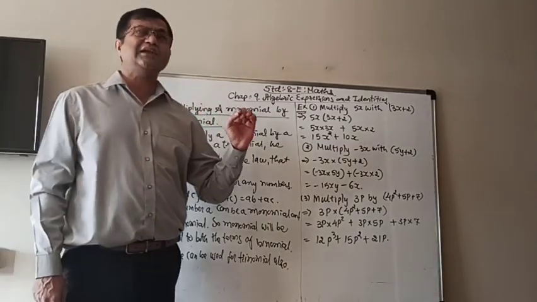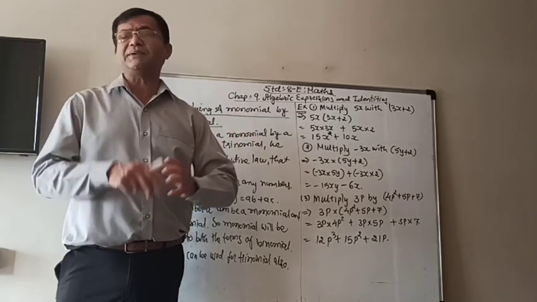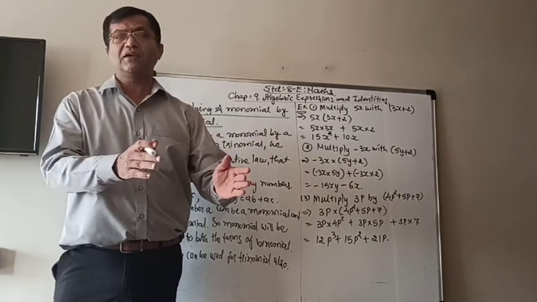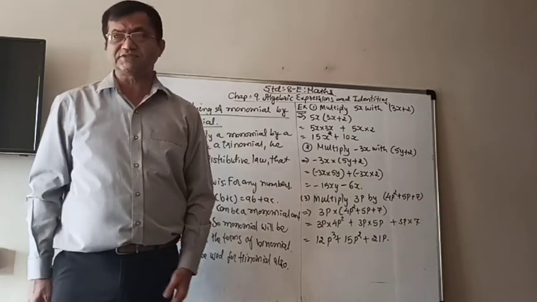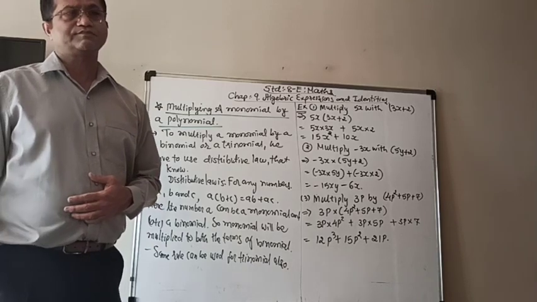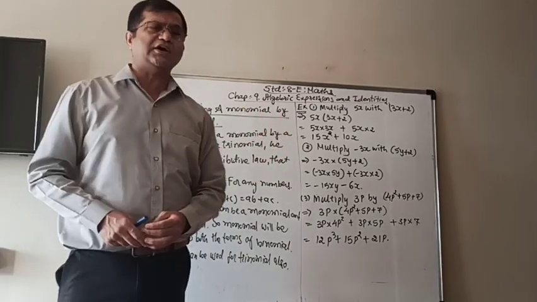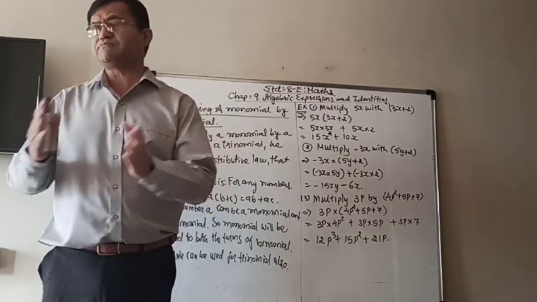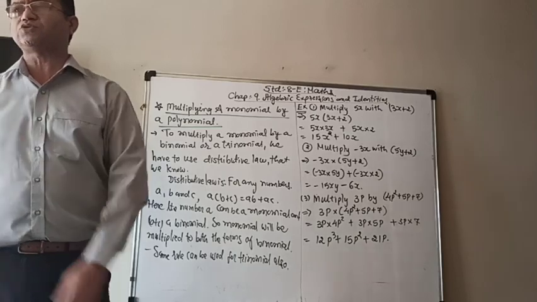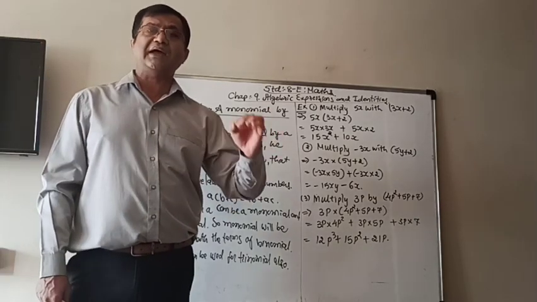In the last session, we learned about multiplication, in which we simply multiplied a monomial with another monomial, meaning two or more monomials were multiplied. That was very simple because we just multiply the coefficients, and then the same base variables we connect together and use the laws of power and exponent.